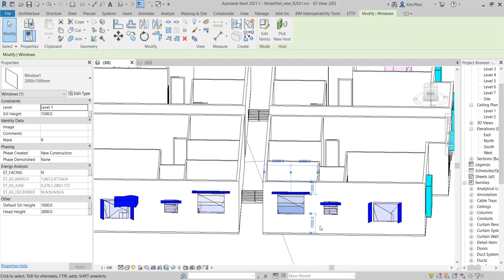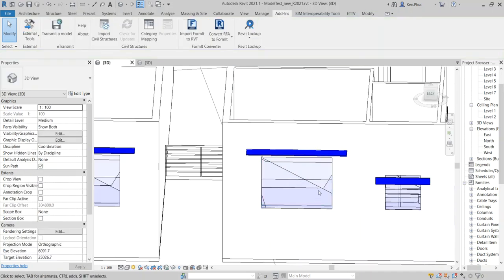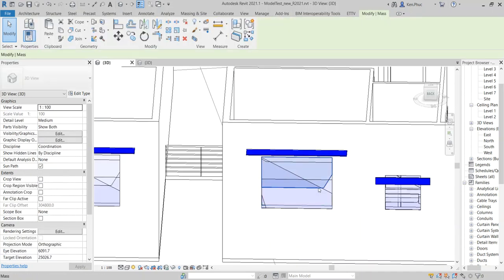And you can see its values here. They represent the shaded area at 9 a.m., 12 p.m., and 3 p.m. And we can click on the shadow element,